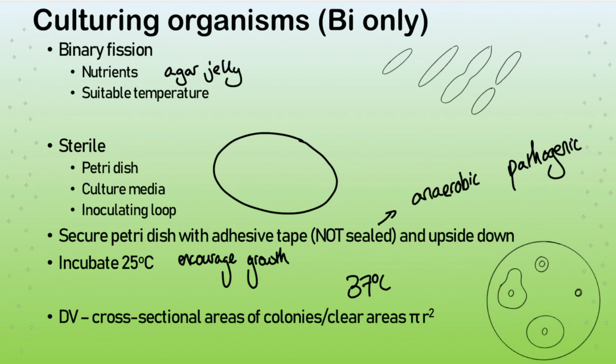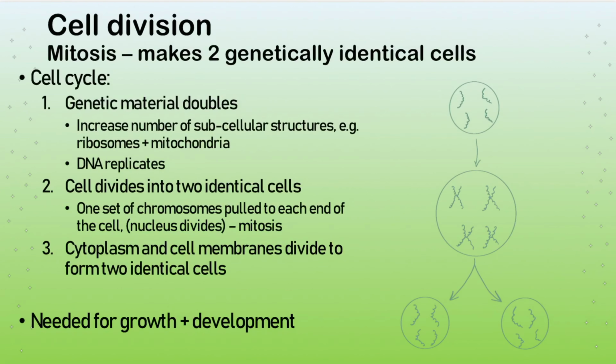So what you would do is find out a bunch of diameters. So you'd take a diameter at many different angles and take an average of all of those, and that would give you the average diameter, and you could use that to work out the area by converting it into radius and then using pi r squared. Some of them that are more like circles are a bit easier to do, but the general idea is to take many different readings of the diameter of the zone of inhibition, so that we can take a mean average, and it's much more accurate as an outcome. So that's how